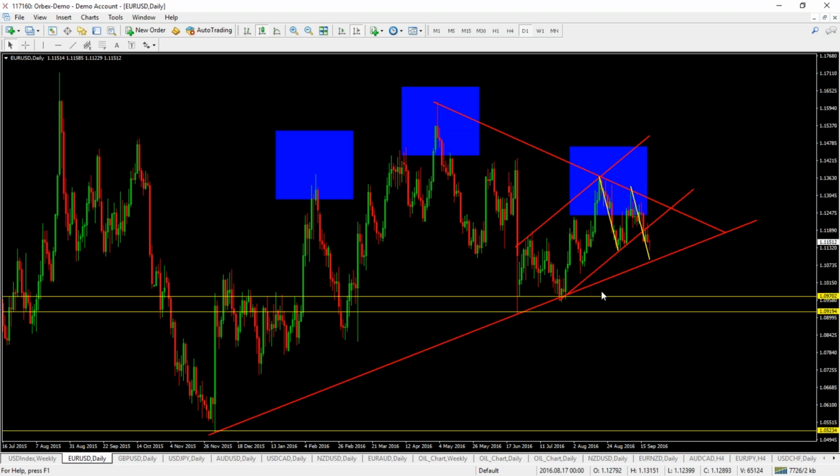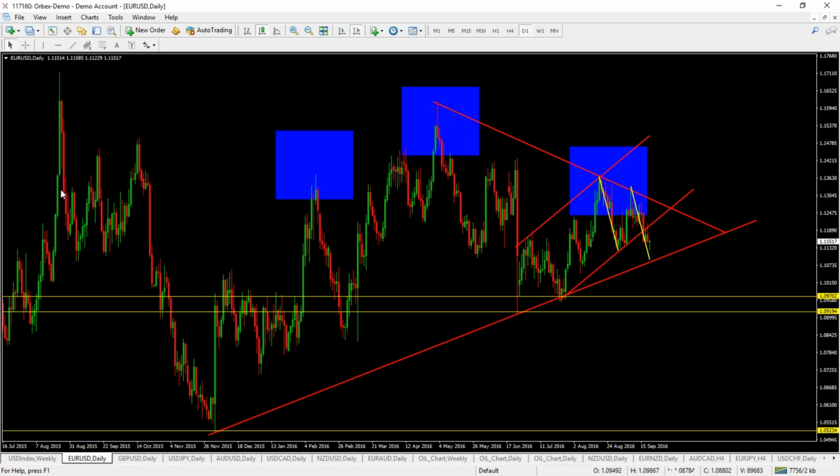Okay, so I won't be looking to play the initial breakout of this level, as I feel this zone is probably going to be quite a high interest area and we're likely to see a little bit of false action on the first test. But if we do test this area, trade higher and retest the underside of the broken bullish trend line, then I will be looking to play the next breakout. Alternatively, if we break down lower below this support level, I'll then be looking for a retest of that zone and a sustained move to position for a move lower.